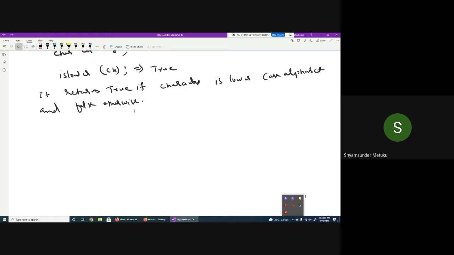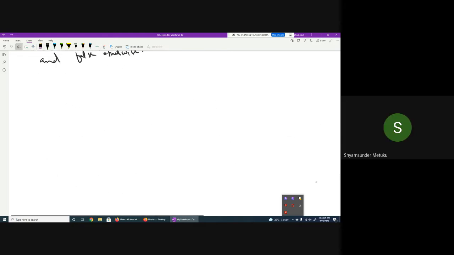If the user types lowercase, it will convert into uppercase. If the user types uppercase, it will print as it is. Yes or no? Yes, sir. So I think these are the places where generally these functions are useful. Okay, is it clear? Yes, sir. Then which one is it? Seventh one? Yeah, eighth one. Eighth one is is digit.